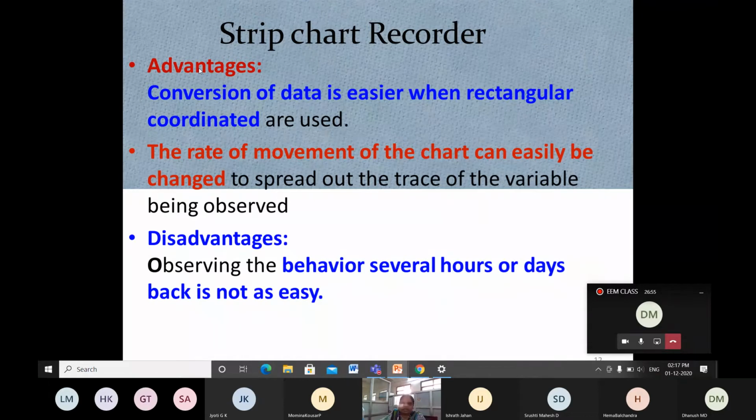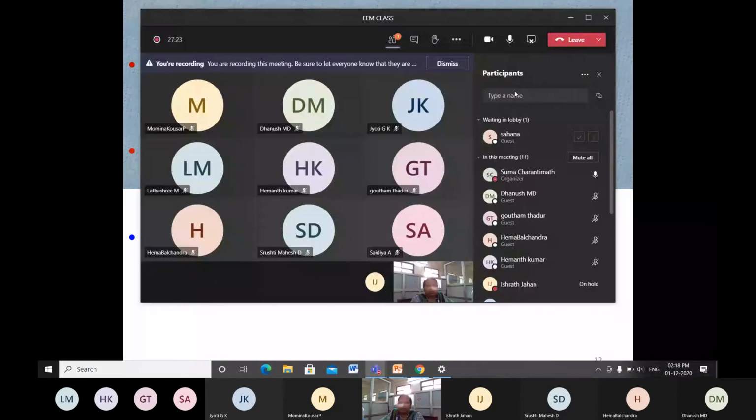Then we will go with the strip chart recording. Why go for the strip chart? The conversion of data is easier when rectangular coordinates are used. Then the rate of movement of the chart can easily be changed to spread out the trace of the variable being observed. In the previous cases, what is the variable? The paper rotation and also